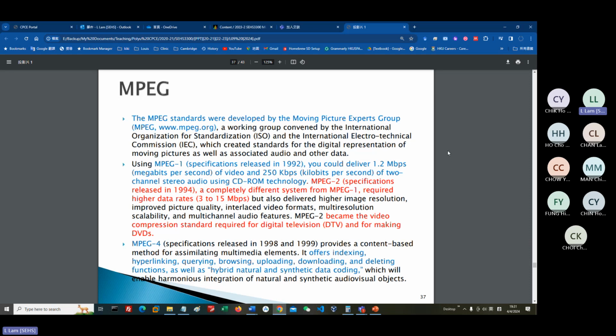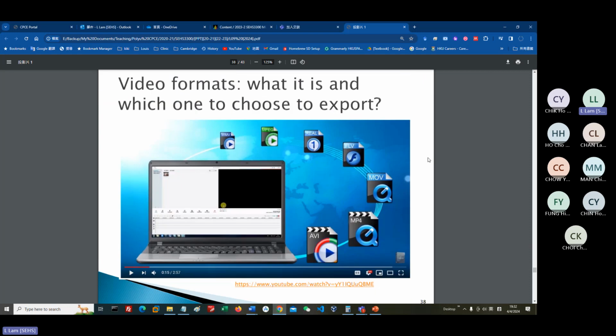And of course, we have the latest version we call MPEG-4, which was introduced in 1998 to 1999, and this one is more advanced compared to MPEG-2 and MPEG-1. And at the moment, as far as I know, there is no significant or newest video technology to replace MPEG-4 or H.264. Okay, again, if you really want to do video processing and export your video, you have